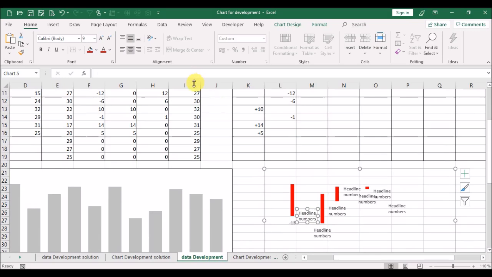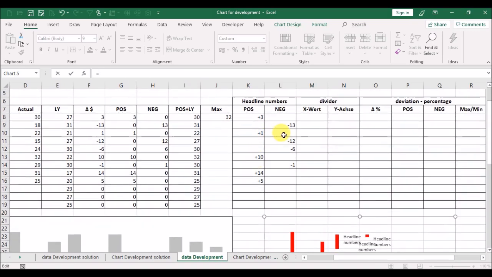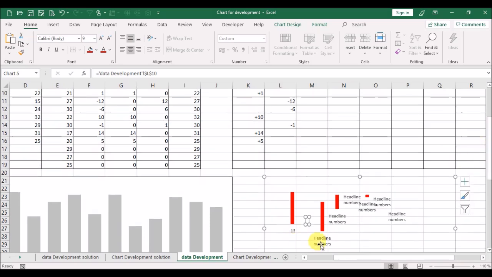For March cell L10. Then for April it's cell L11.